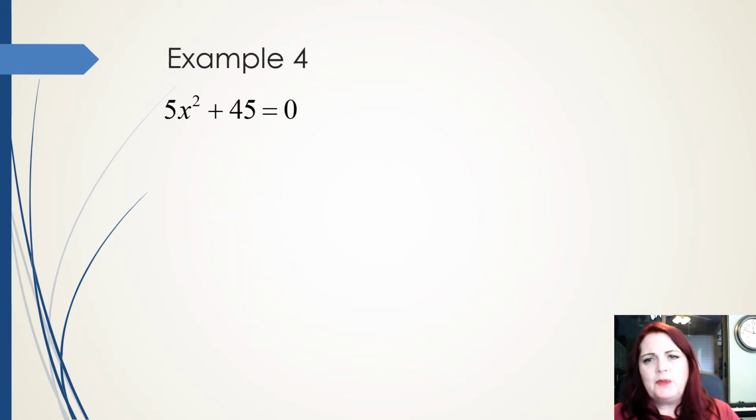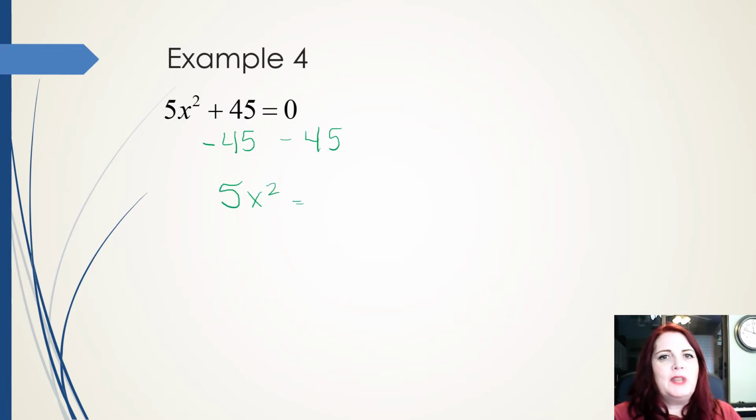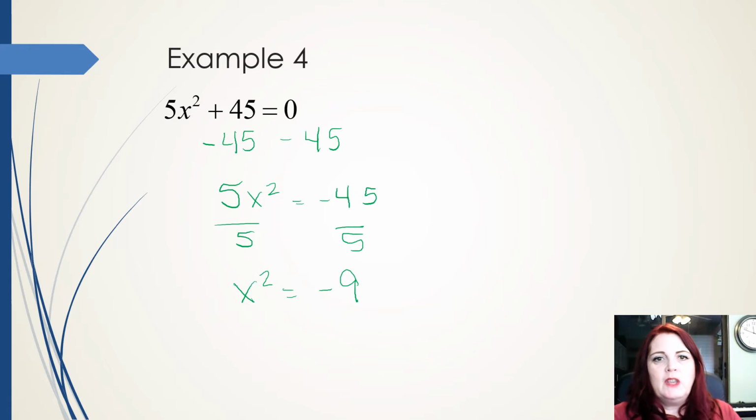Let's try one that's similar, but it has a very different way that it gets the answer. So once again, I'm going to subtract 45, the constant, from each side of the equation. And I get 5x squared is equal to -45. So I'll divide by 5. And I get x squared is equal to -9. So when I take the square root of each side, we're going to get x is equal to, and remember that's got to be a plus or minus